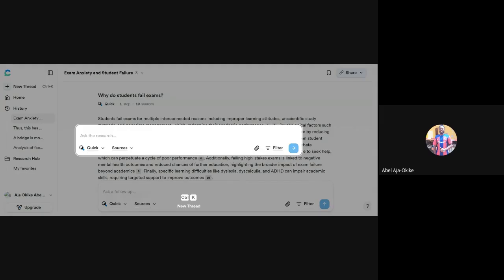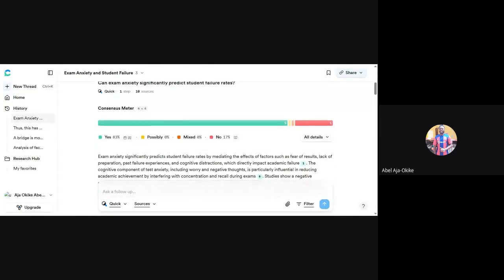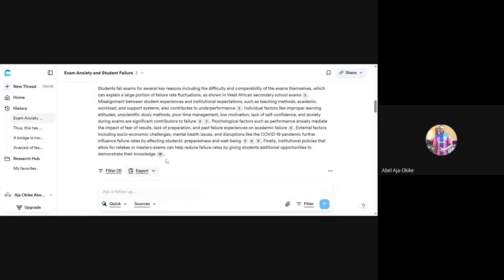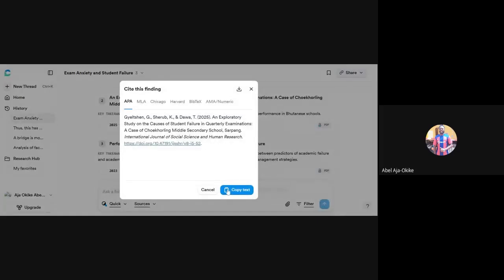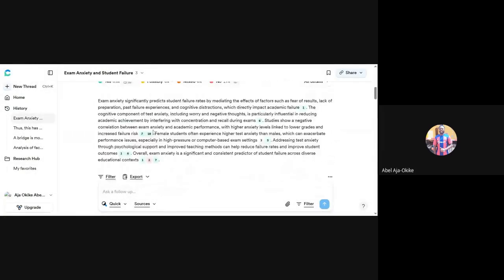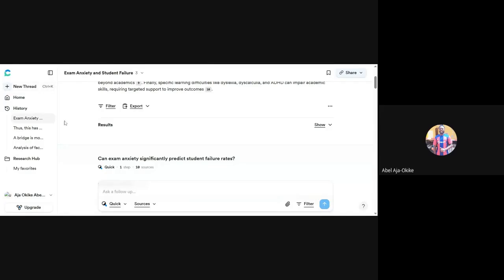So let's ask a research question now, and then we'll ask for the knowledge gap in that question. That is what we're going to do now. We're going to ask for a research question, or let's just do something from what we have done already. Yes, let's do something from what we have done already. We are going to select one citation and ask for a literature for this knowledge gap. Yes, okay. So this is it. We'll copy the text. Are we together? I've copied the text now. So I'm going to paste it in the new thread.